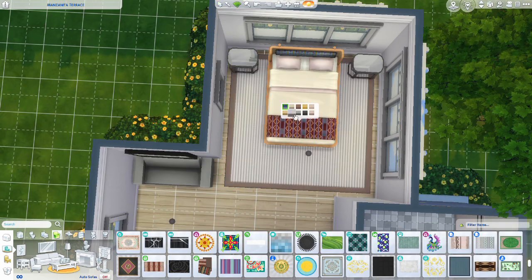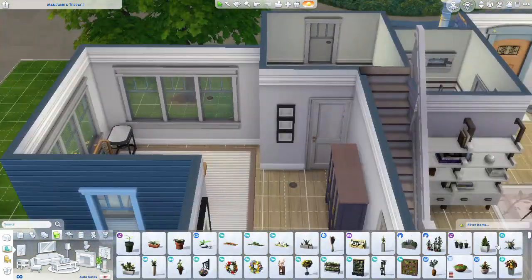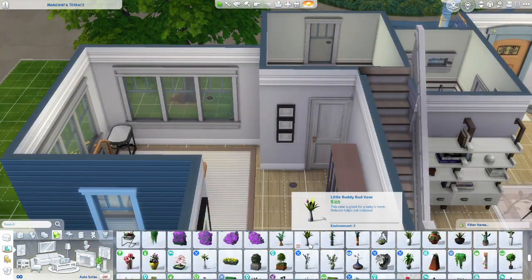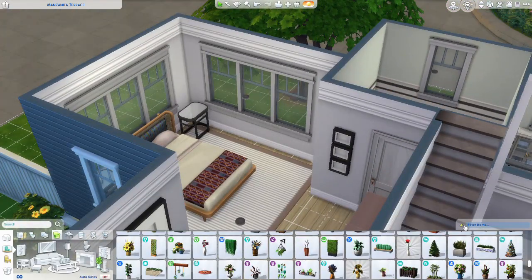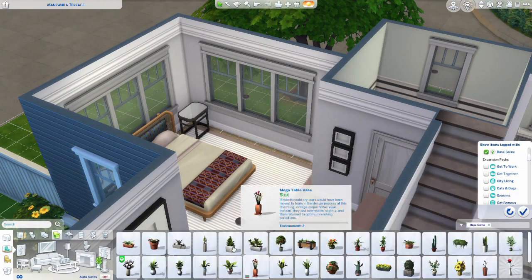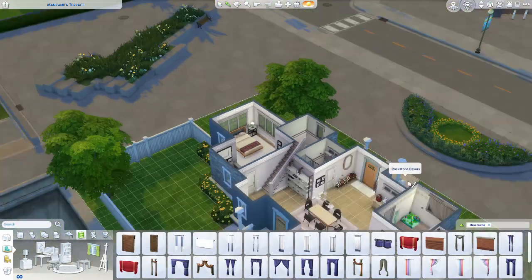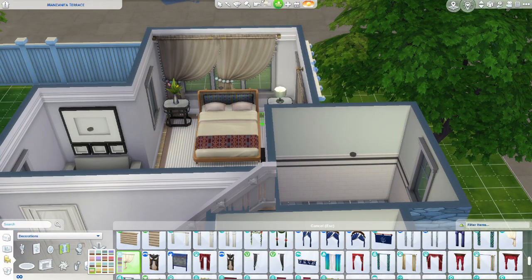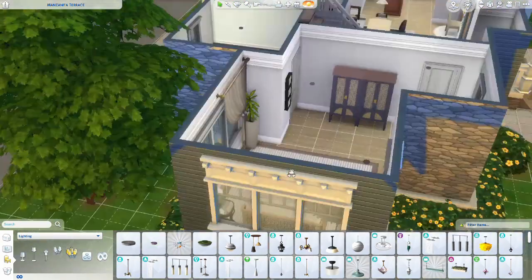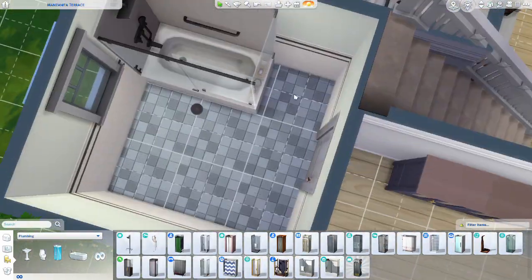And we are just going to be going and adding a rug because although hardwood is nice, it is kind of hard, and so I wanted to have some rugs on this main level, even though your Sims don't really get cramped feet from hardwood. And so we are just adding some more of these curtains